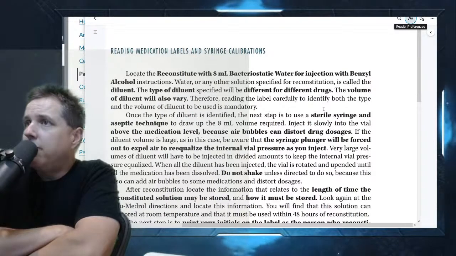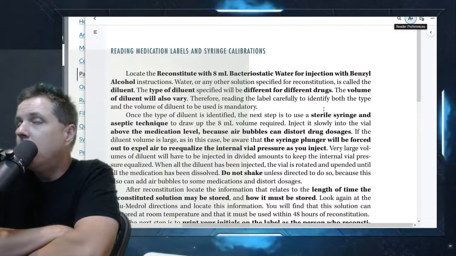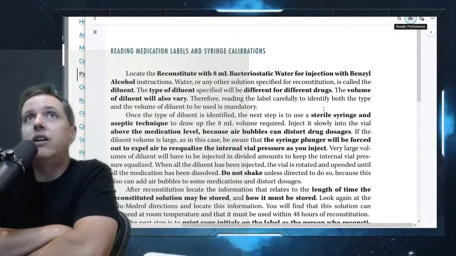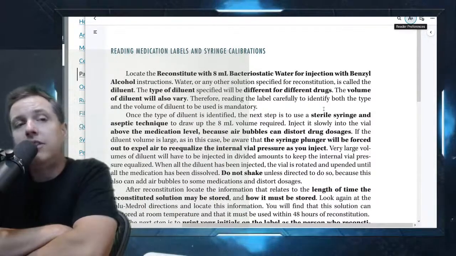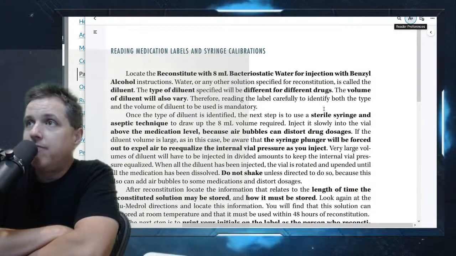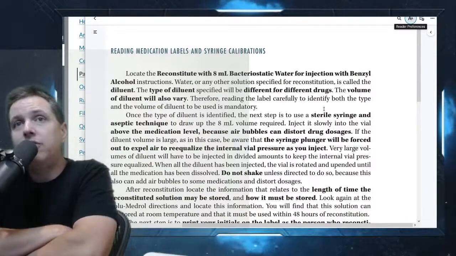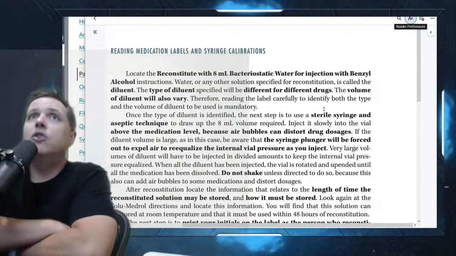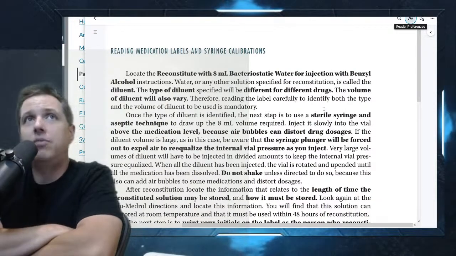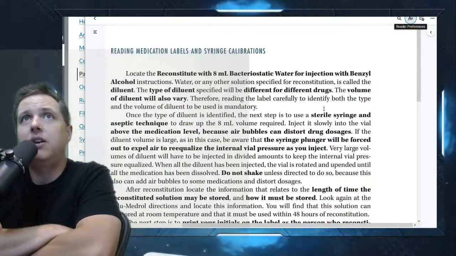There's a couple of different things that you have to look for when you're reconstituting from powder into solution form. Obviously, you need to get the mixture correctly. You need to know how much of solution you're mixing with the drug. Okay, so there's a couple of different things that can be on the